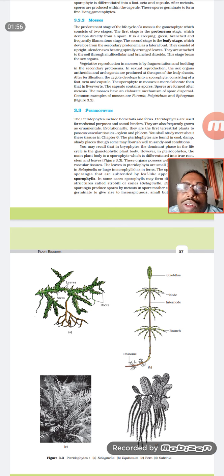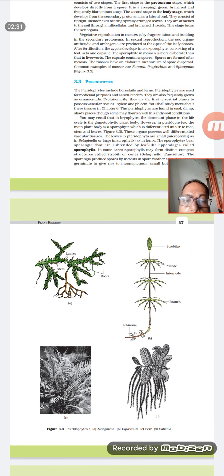And in pteridophytes, apart from the presence of xylem and phloem, that is vascular bundles, there is not much difference from bryophytes. If you see in bryophytes, the gametophyte is the most dominant stage. But here in the pteridophytes, you can see they have differentiated into stems and leaves, with vascular bundles. And one of the best few examples they have given here are Selaginella, Equisetum, ferns and other things.